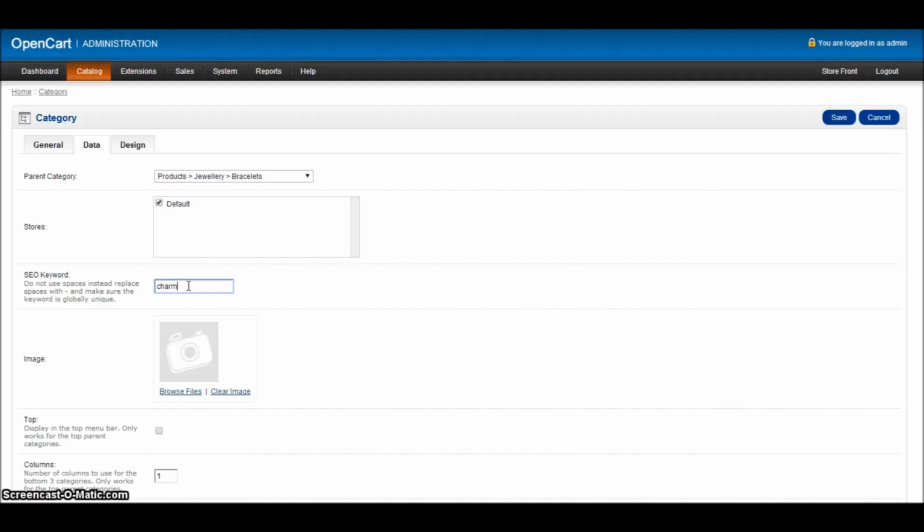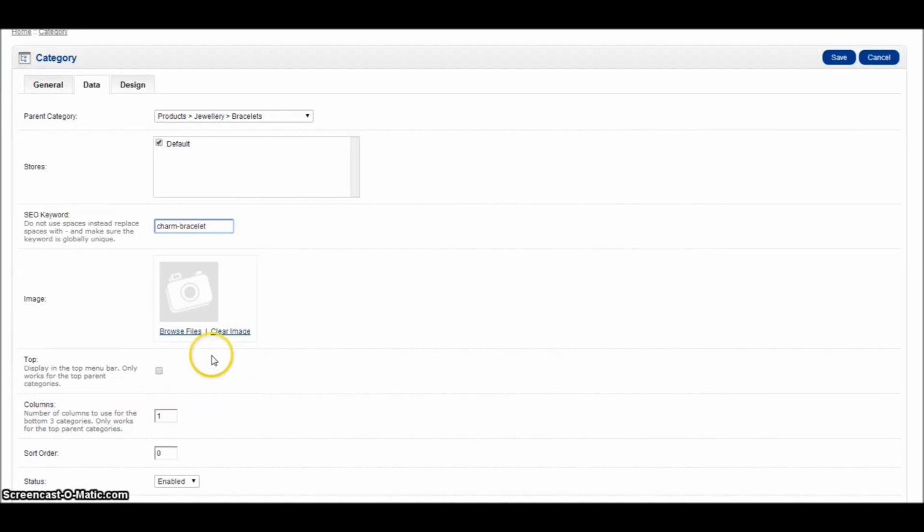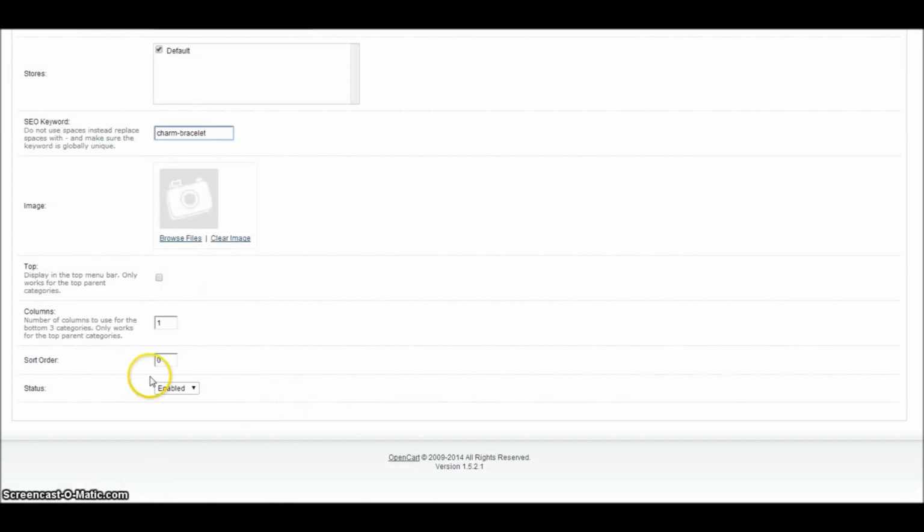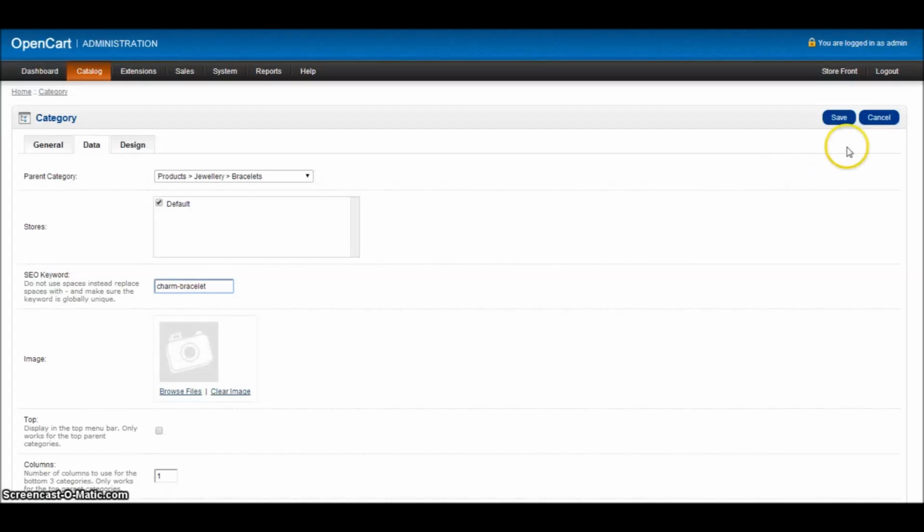We give our clean URL here. Now, as I say, it's very important that you don't duplicate these. If you've got 2 the same, it will not work properly and you will lose the product category. I'm not going to worry about an image there for a moment. If I then click save,